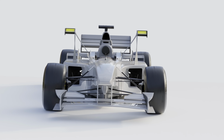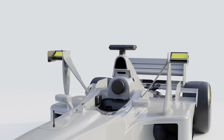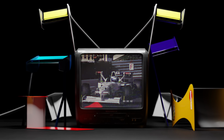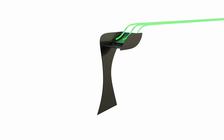Have you ever seen an F1 car like this? You might have. But if you haven't, let me introduce you to the F1's X-Wings. These unusual extensions graced the racetrack between the 1997 and 1998 seasons, garnering both attention and controversy before being banned by the FIA. Now today we're going to uncover the mystery of this innovation, exploring everything from how they functioned